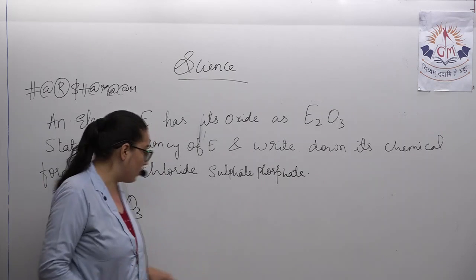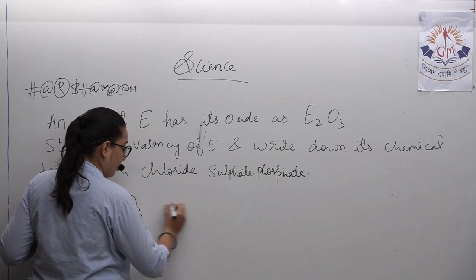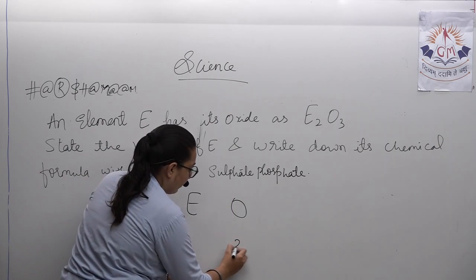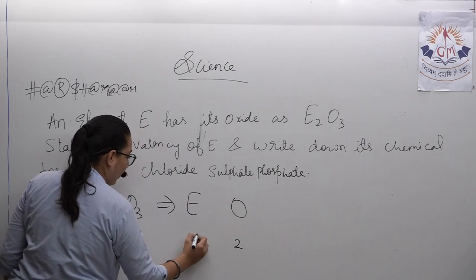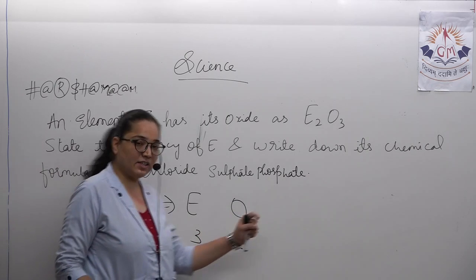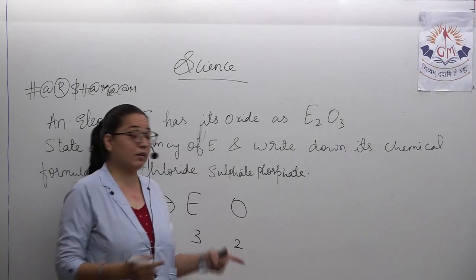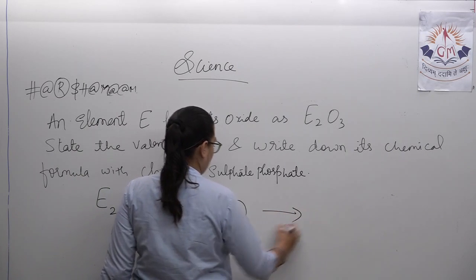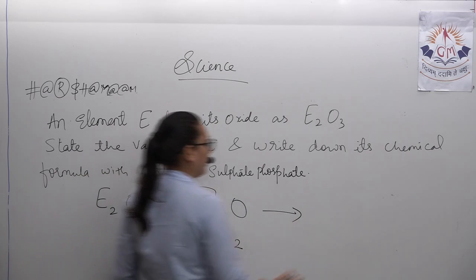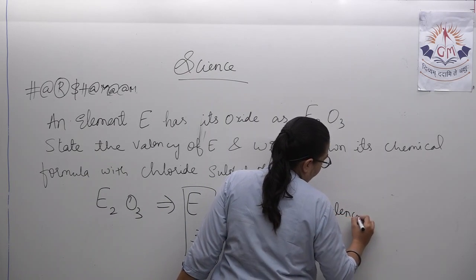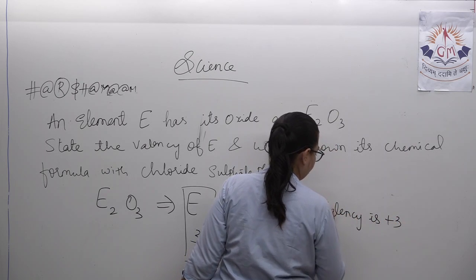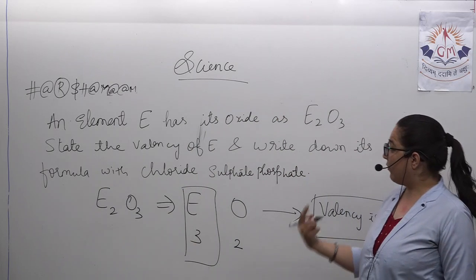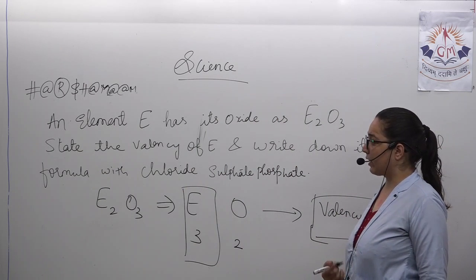Reverse strategy you have to go now. Reverse strategy, okay? E, O. You are taking E from here, and for O you are taking from here. The suffix is this way we are carrying, okay? We have to turn the strategy around now. You have to move on with the reverse strategy. So what will be the valency of E? 3. What is the valency? Plus 3. It's a whole reverse strategy.